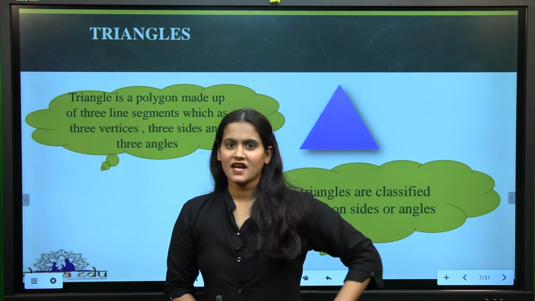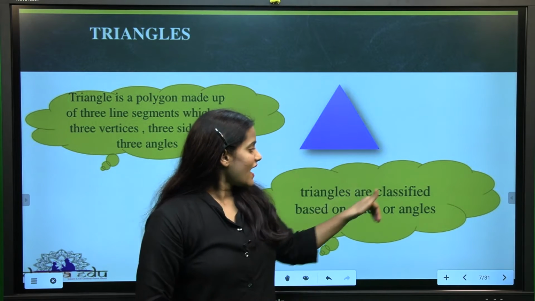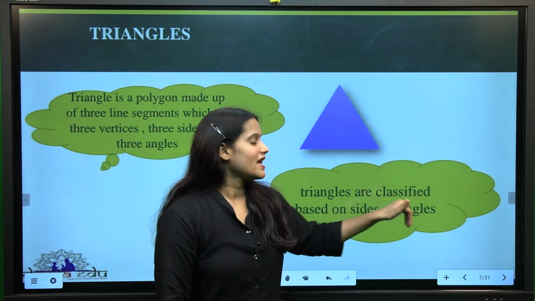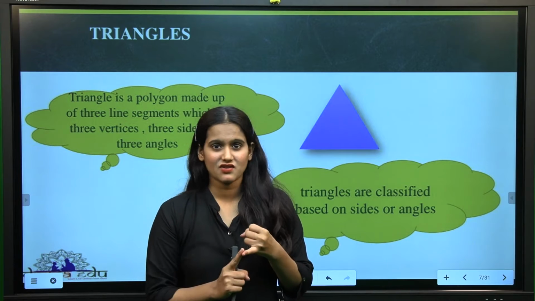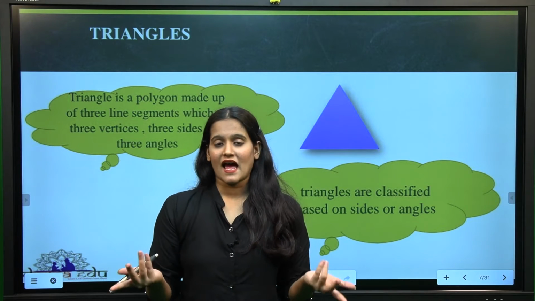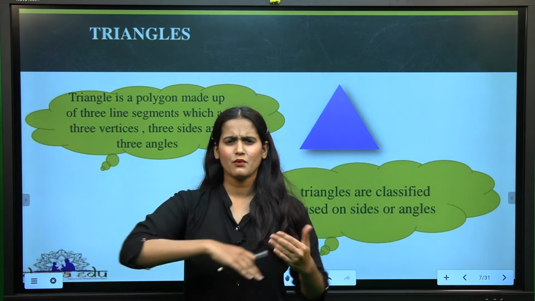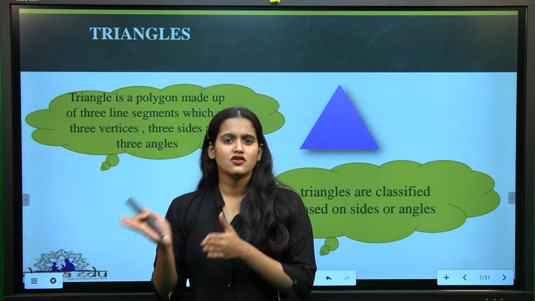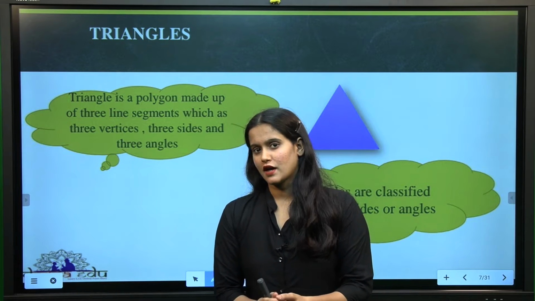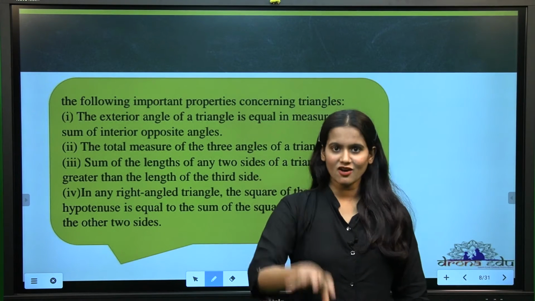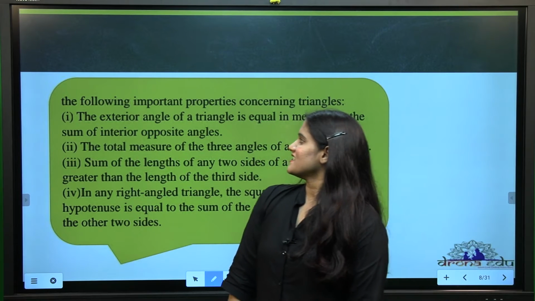So it will be having 3 sides, 3 vertices, 3 angles. That is very important. And then the triangles can be classified based on the sides and angles. I think we all know this, right? Isosceles triangle, equilateral triangle and scalene triangle. That is based on sides, and based on angles, right angle, obtuse angle and acute angle. So all these are basic things which we already studied in our 6th standard, 5th standard. So now let's see a few properties of the triangle and let's move on to the construction of that. That is very important because our main topic is construction. Yeah, that's why.